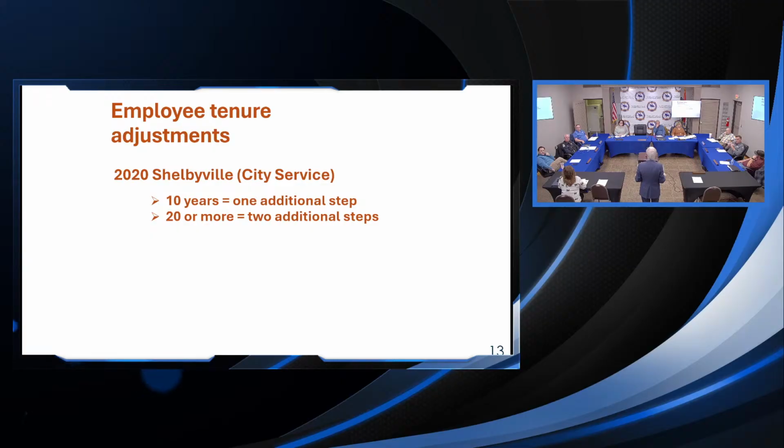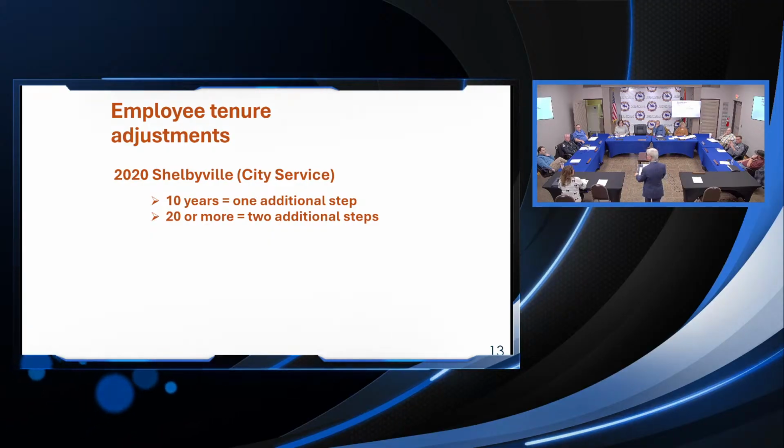What we did with you folks is we just did it simple like this. I think part of the problem was we didn't have time and job in the database, so we couldn't reliably apply a factor that was based on time and job. So we looked at time with the city and came up with this approach. This is in fact what we did.